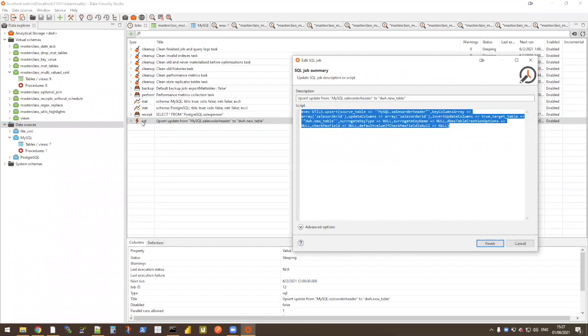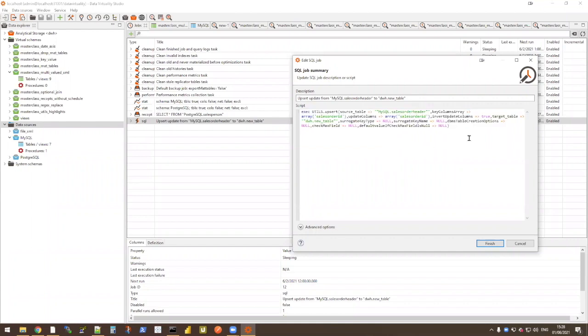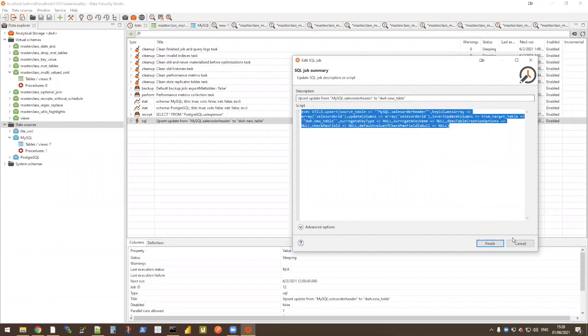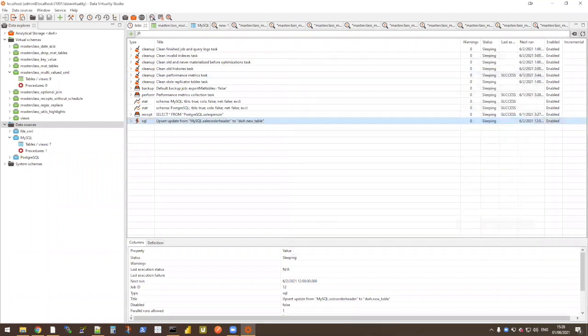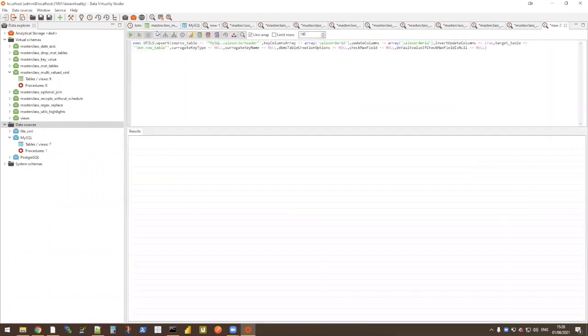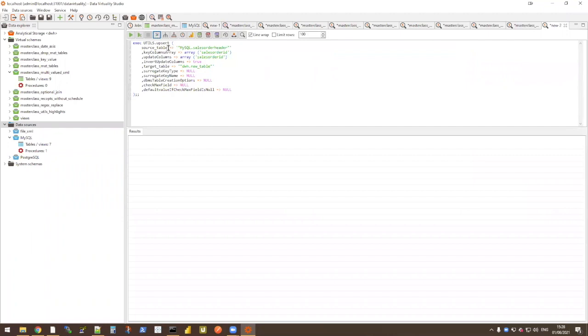It's not a specific job, it's really a job that executes some SQL at a certain point in time. And you can write here whatever you like. And of course, you can write also things that you cannot reach with the wizard. You can also have multiple statements here, and to make it a little bit more readable here, we can see exactly the parameters I was showing. So I hope